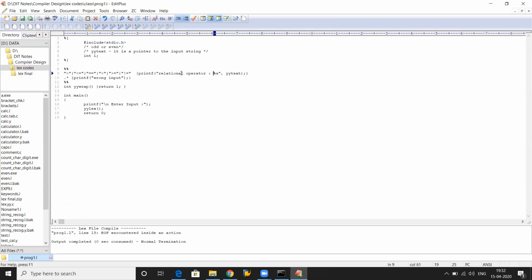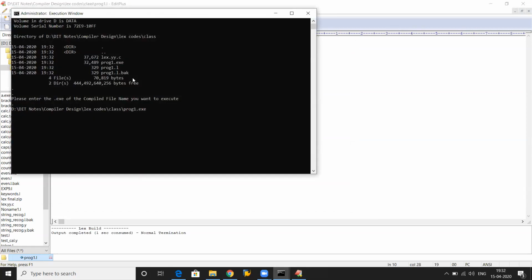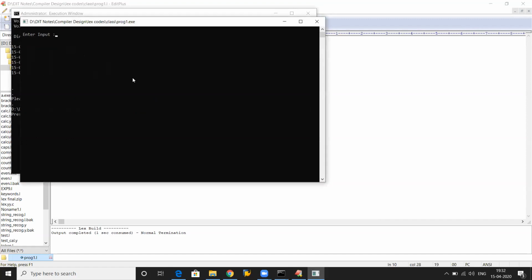Control 1, I made some mistake. Okay, curly braces. Control 2 and Control 5. Okay, now plus, wrong input; less than equals to, relational operator; equals to, relational operator. Fine.